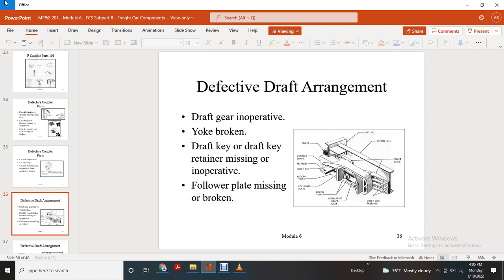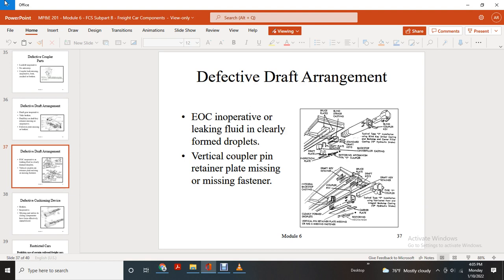trigger. Defective draft arrangement, EOC inoperative, liquid filling up with clearly formed droplets, vertical coupler pin, retainer plate missing, and it showed the splice plates, break, blind, strike casting, standard draft keys, draft plate, retainer, draft plate, inspection, restoring mechanism type E, backstop center fill, blind coupler key, and then showed the